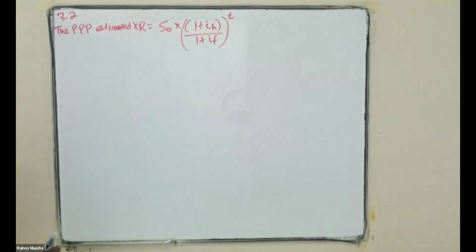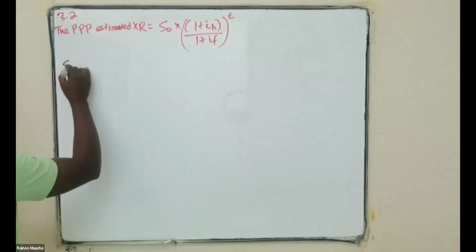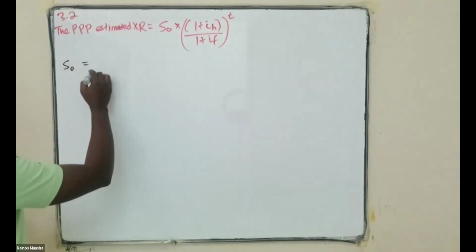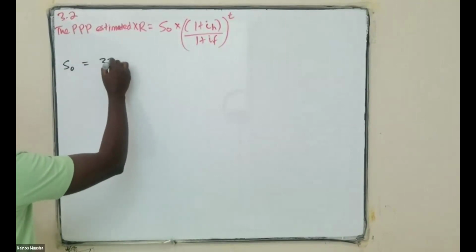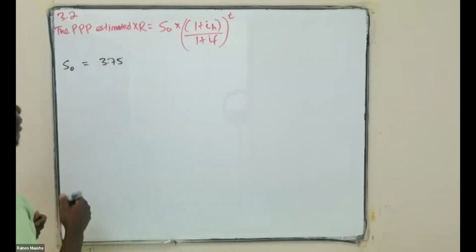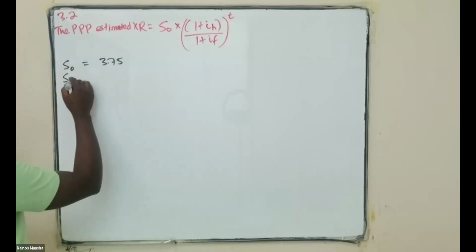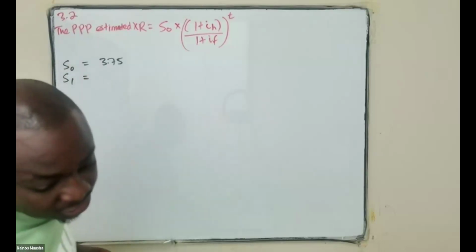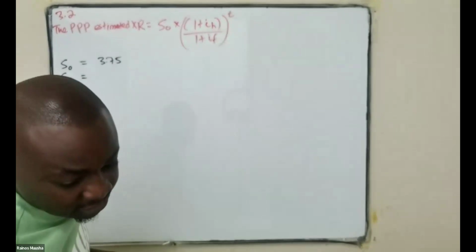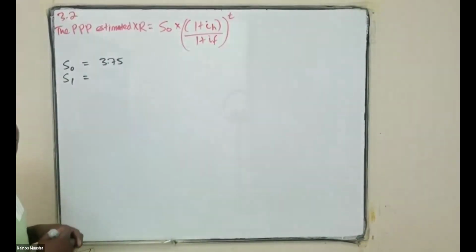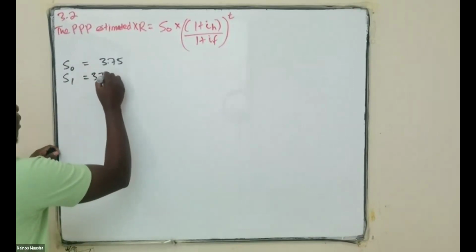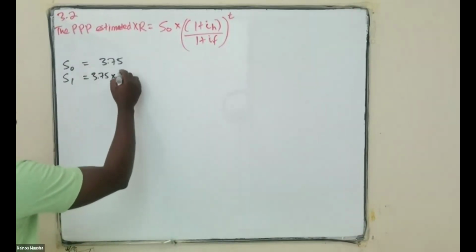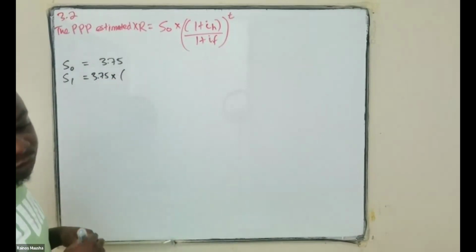So our spot rate for period 0 is already given to us as 3.75. Now we need to find out exactly what the spot exchange rate is at period 1. Remember, from the information they give us, the inflation in South Africa, which is the home currency, is 7%, and in the US, which is the foreign currency, is 3%. So it's going to be 3.75 multiplied by